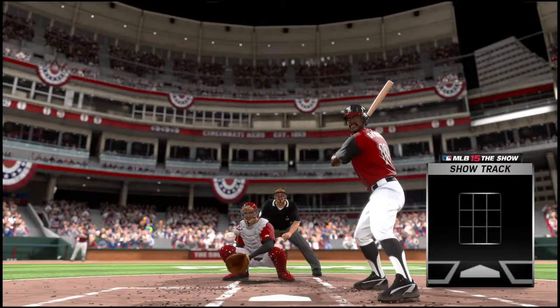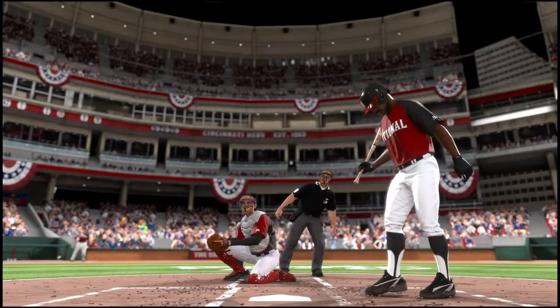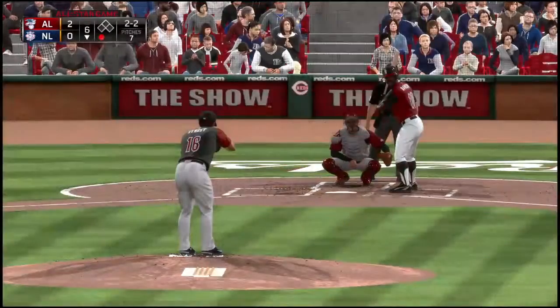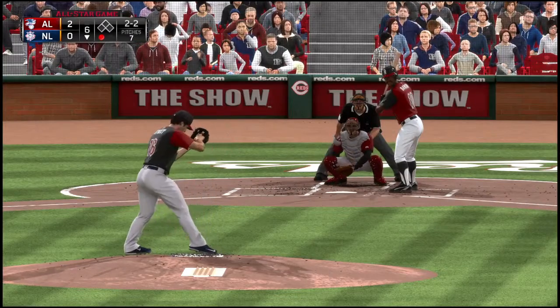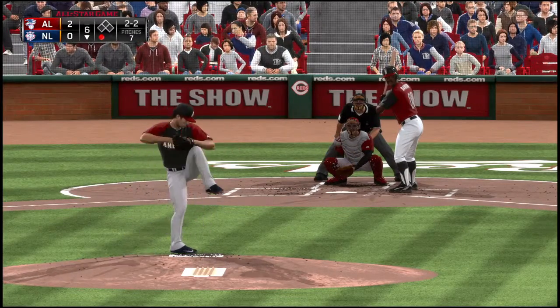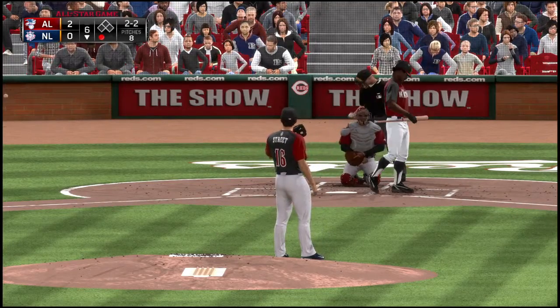Yeah, that's a great pitch on 1-2. You started in the zone, and hopefully you'll get that guy thinking he needs to protect. Turned out to be a good take. The 2-2 coming. And he just manages to stay alive here as he fights this one foul.